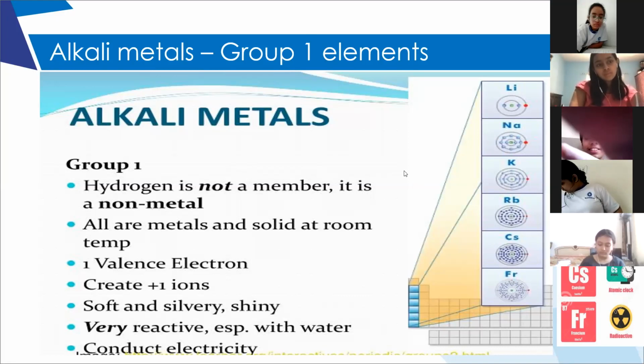Now, the basic thing you have to understand is, among all the elements in the periodic table, the first group elements are most electropositive. The highest electropositivity will be for first group elements. And among them, cesium has the highest electropositive nature. That means it can easily remove the electron and easily form the positively charged cation.